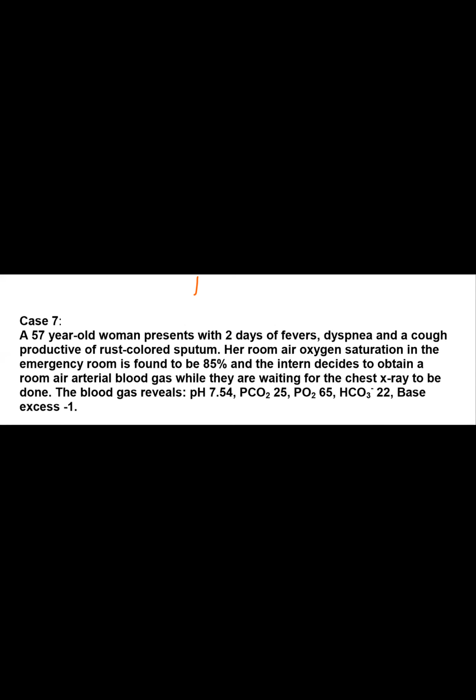A 57 years old woman presents with 2 days of fever, dyspnea, and cough, productive of rust-colored sputum. Her room air oxygen saturation in the emergency room is found to be 85%. The internal doctor obtains a room air arterial blood gas while they are waiting for the chest X-ray to be done. The blood gas revealed pH 7.54, PCO2 25, PO2 65, HCO3 22, base excess